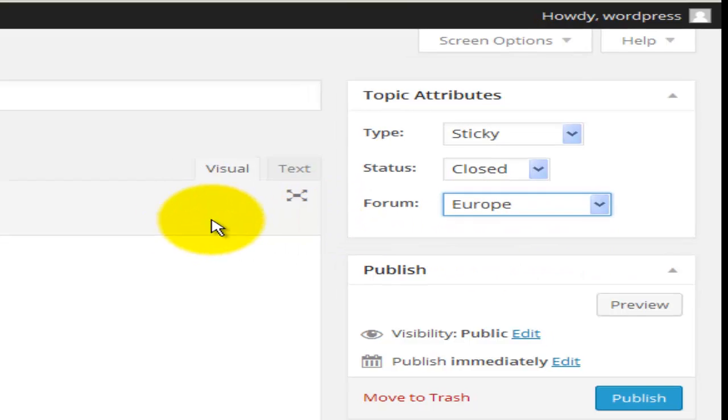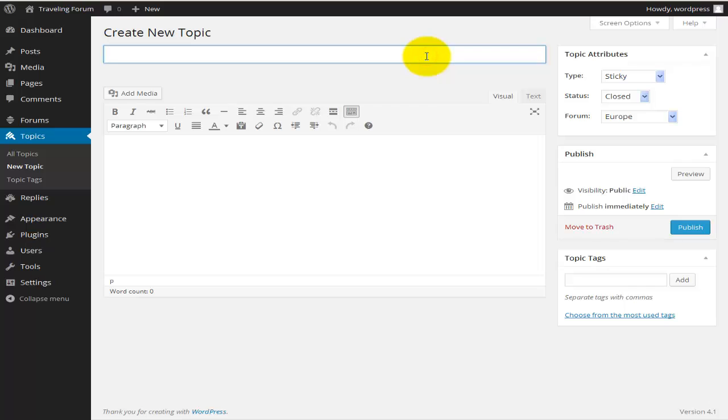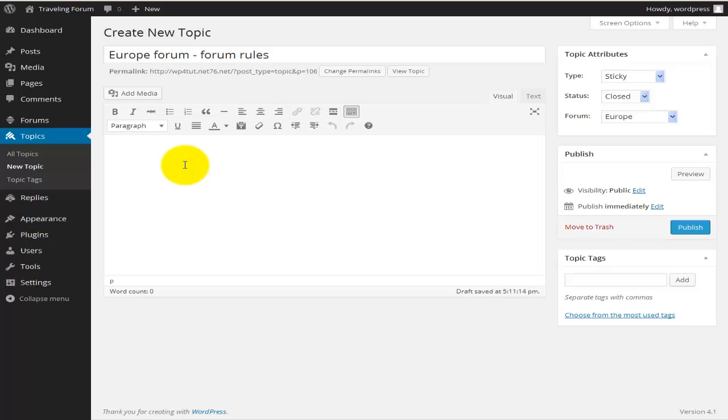And what I would like to do here is set the title to, for example, rules about this particular forum. So I'm going to put Europe forum rules, and I'll give some text here, and I'll just write this forum is going to host all the topics regarding Europe, or something like that. Okay, so here's my text. This forum is regarding topics on Europe. Okay, I'll hit publish,